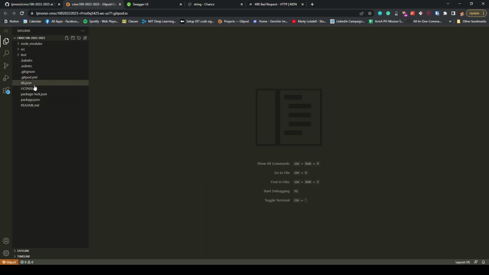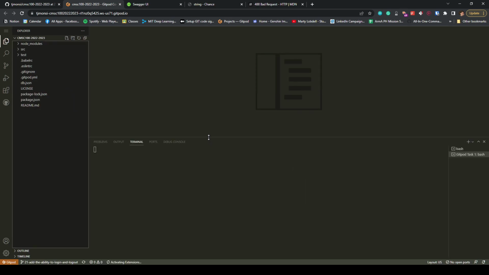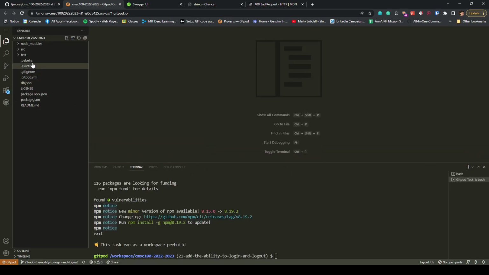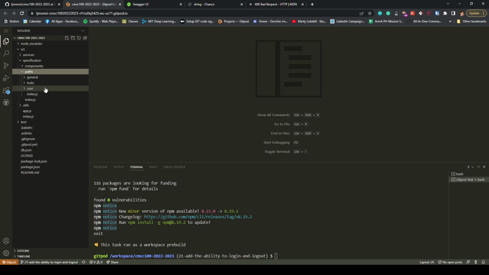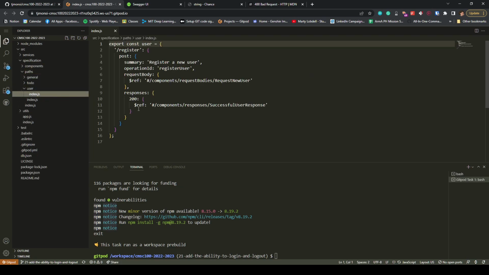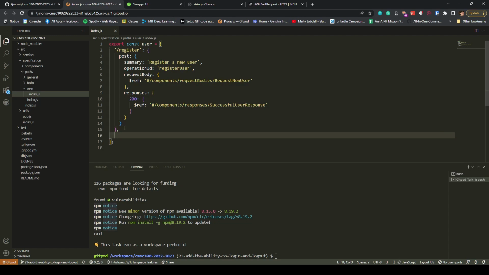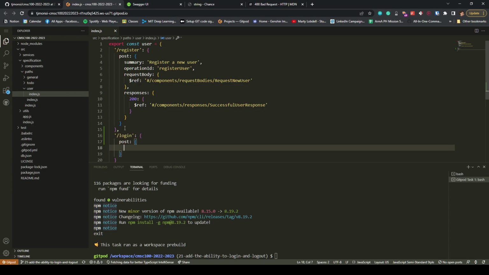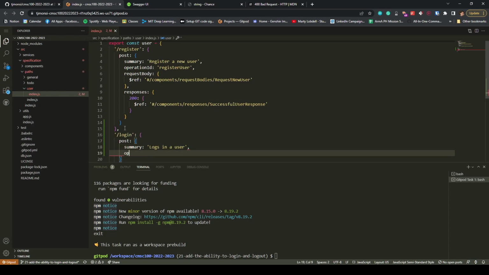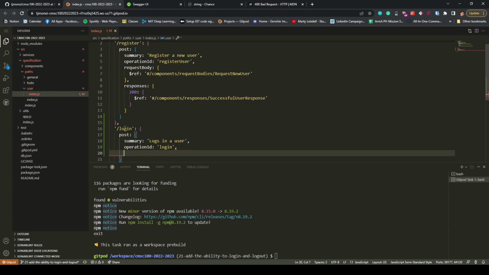Once we are done, yep, there's no vulnerabilities. Start with adding another path to our user, which is another action. For this, we'll just add login, post, summary, login, logs in a user, then operation ID is login, then request body, we